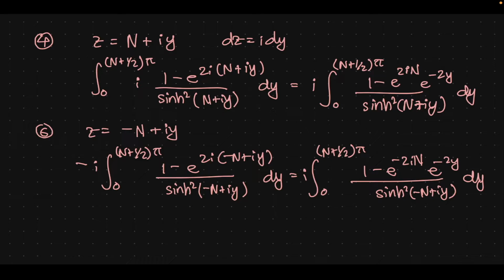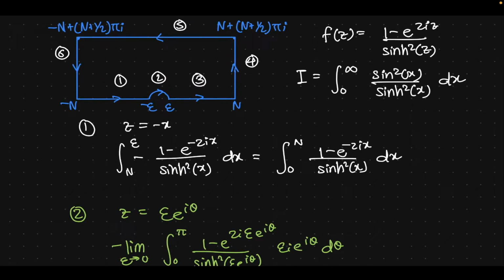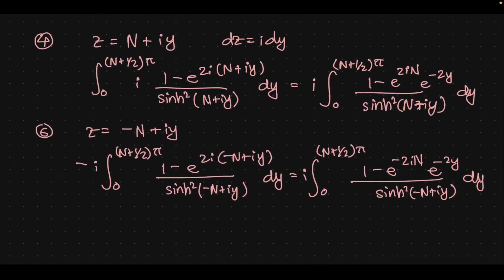Now path 5. It's probably the hardest part of this question at least. So let's see. On path number 5, the imaginary part is actually the same and the real part is changing. And we're going backwards. We're going from n to minus n. So the parameterization, and I'll do this on a fresh page probably, is going to be,